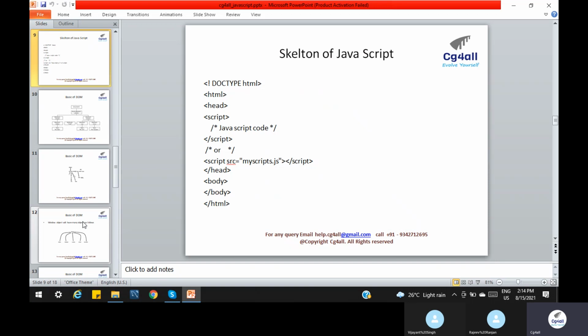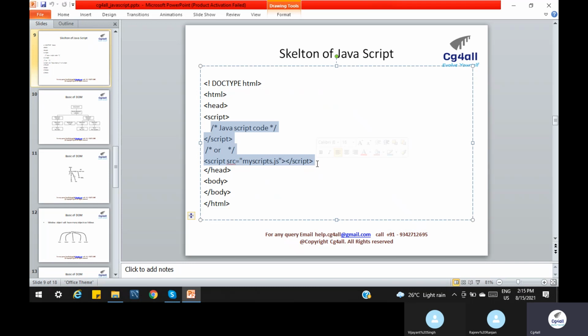But in general, we use it in the head part. So how can we define JavaScript? First, we use the script tag. Inside the script we explicitly write the JavaScript code. Or if we want to use external JavaScript, then we give the reference like this. So there are only two ways to write JavaScript. One is explicitly writing the code in the HTML. The second way is using external JavaScript.